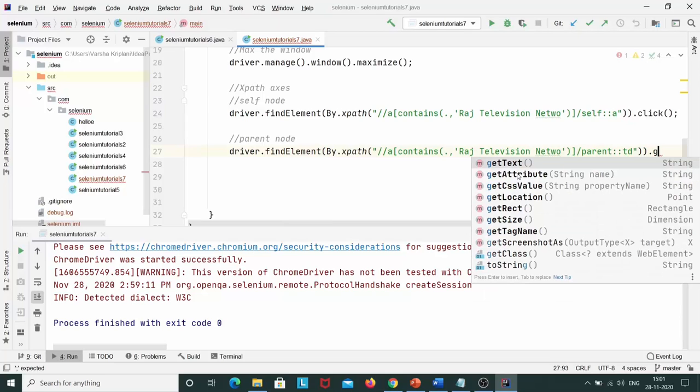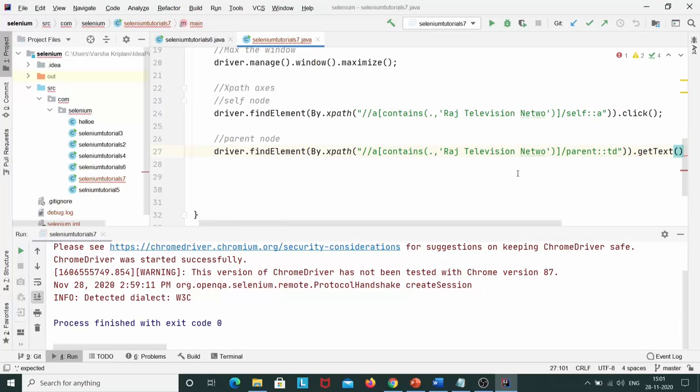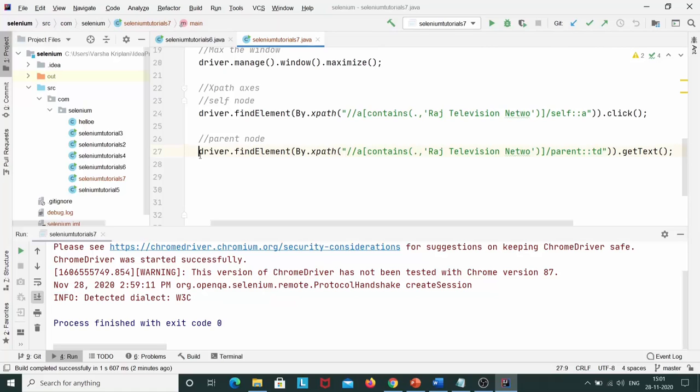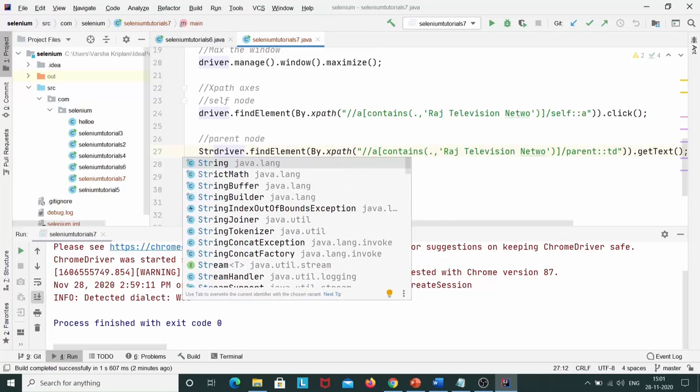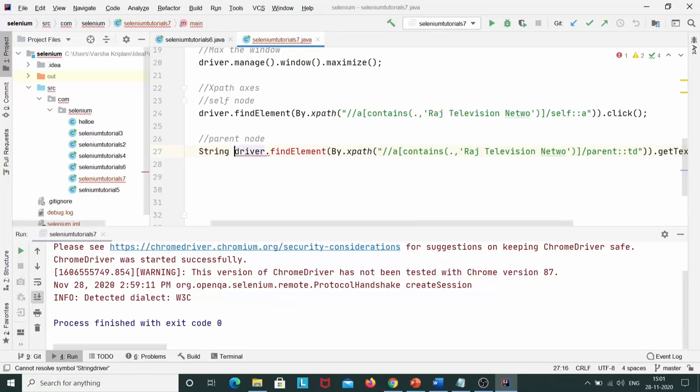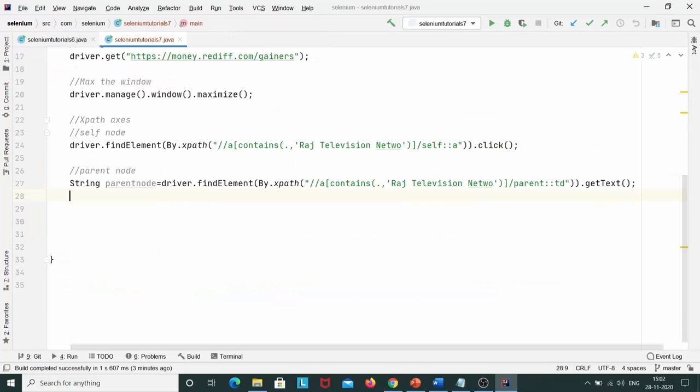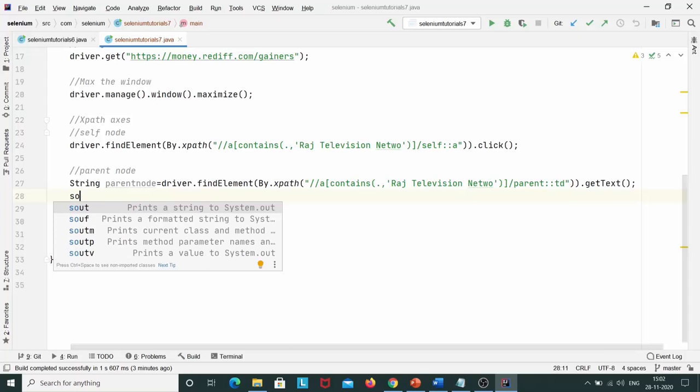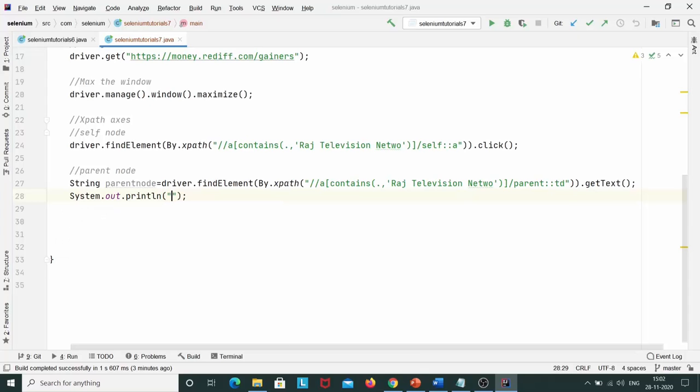I'll write the getText method, and let me give a string variable over here. I'll write parentNode. Then the next thing that I'll write is System.out.println. I'll type "the parent node is"